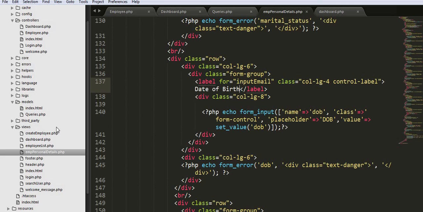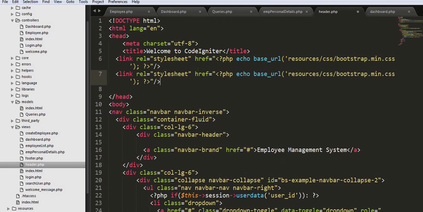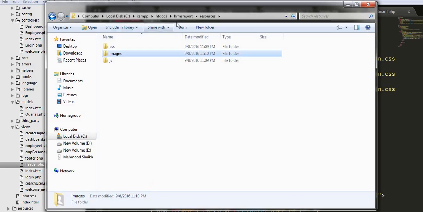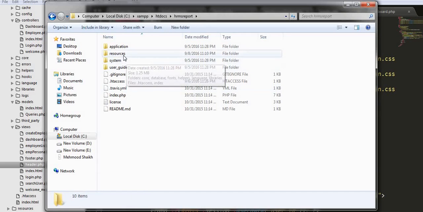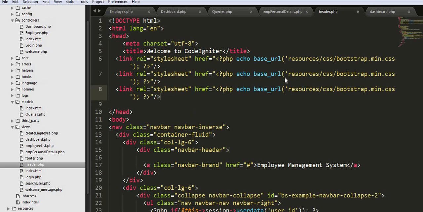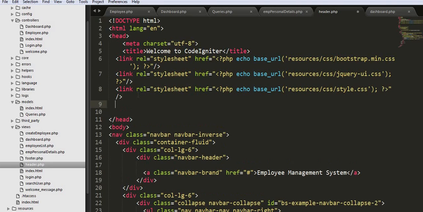So I will come here, I will just open the header file, and I will just copy this code and paste it once again. Then click on resources CSS, copy this and paste it here, and here style.css. Now save it, and here we need to